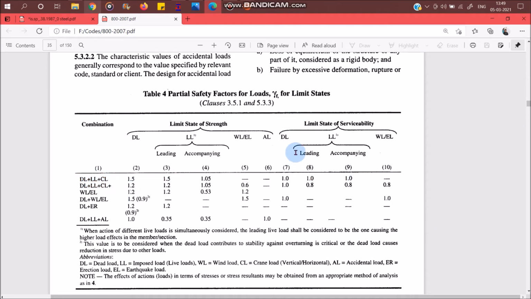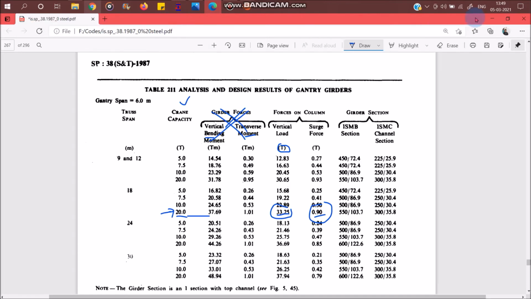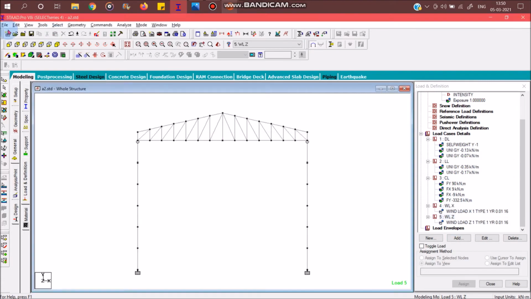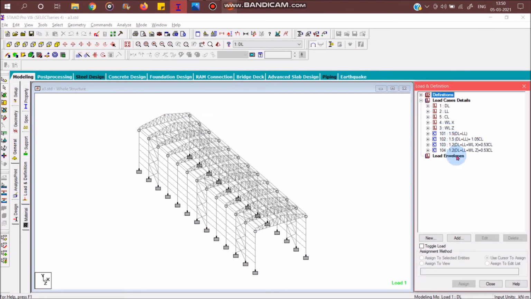So for this particular structure, I have already given them, so I will be opening that now. See this. I have already provided my load conditions. I have not provided my combinations for serviceability, because in serviceability anyways it is going to pass if I'm going to do it in combinations for my strength. It will obviously pass in my serviceability also. Therefore I have not created it. In case you want to create, you can go ahead and create it. So these are all my load combinations. So with this we have come to an end of the loads and definitions.